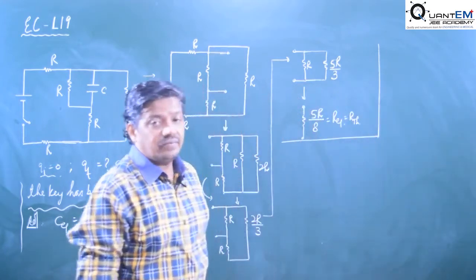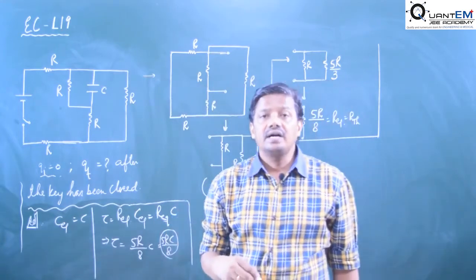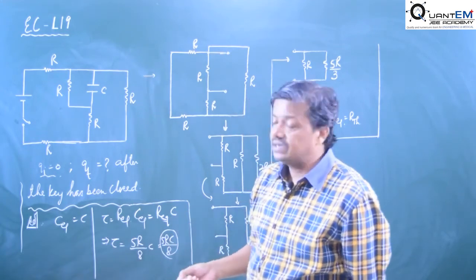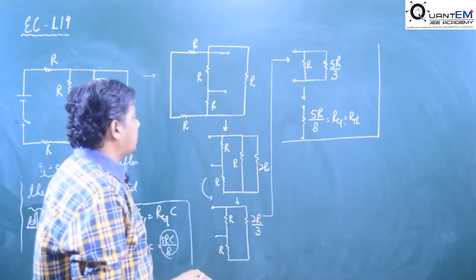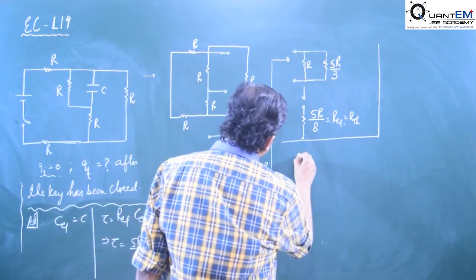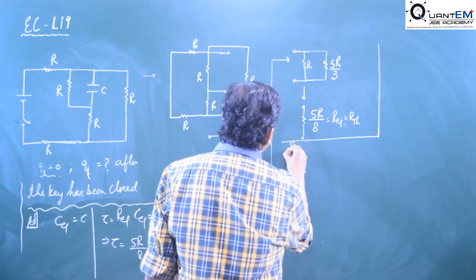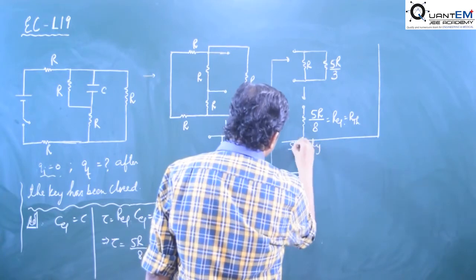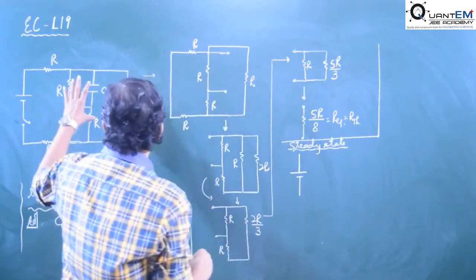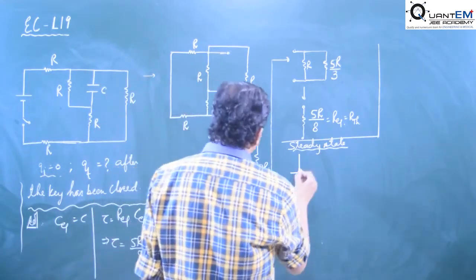Now for this circuit I am only giving you the hint to get the value of the Thevenin's voltage, means the potential drop across the capacitor, that will be called Thevenin voltage. Then you will use the formula Q is equal to Q naught, and whichever formula I have told you, that you have to use. Okay, so again we come to the circuit in steady state. In case of a steady state circuit, no current flows through the capacitor. That's why the capacitor is taken out of the circuit and the remaining resistor circuit will be solved.